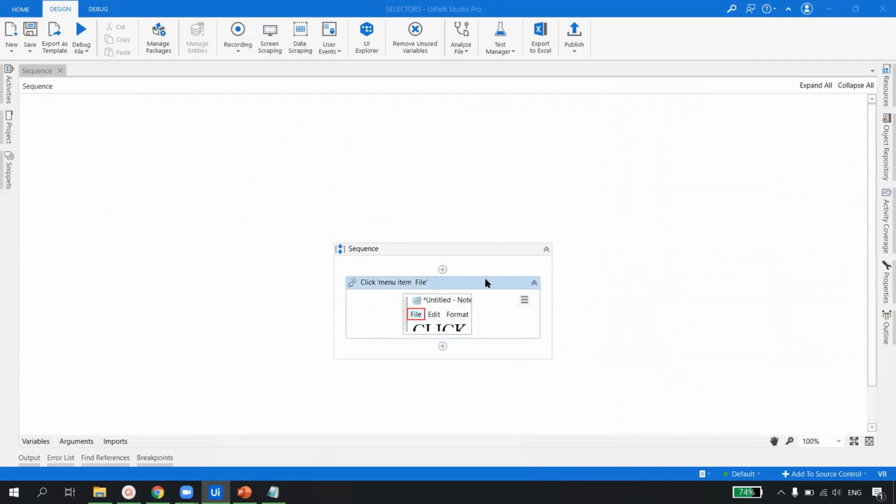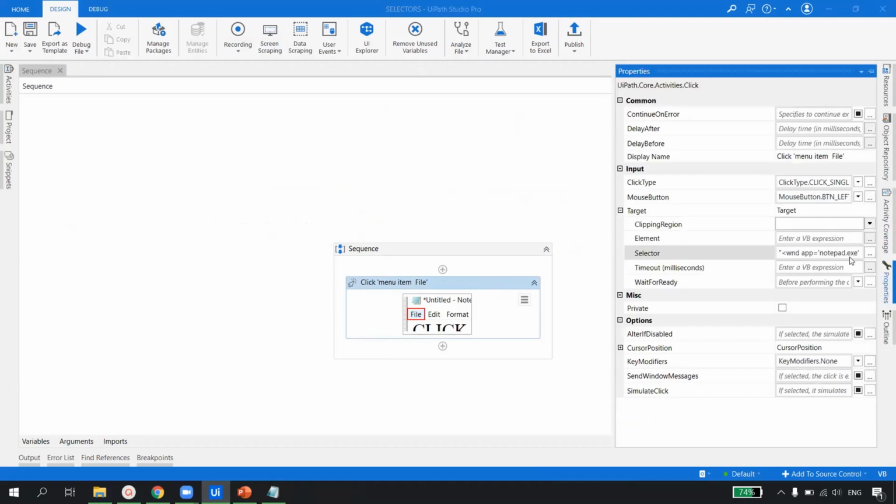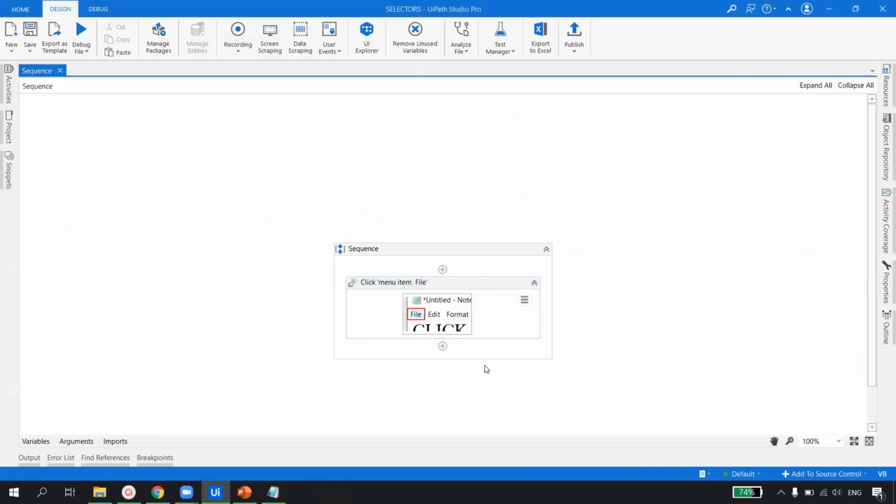So now wherever we are doing any interaction with the screen or the robot, UiPath will have a selector. We have seen in the previous sessions that wherever we are doing UI automation, we will have something called selectors. Now you will see there are some common properties which are always associated with the selectors. So what are those?